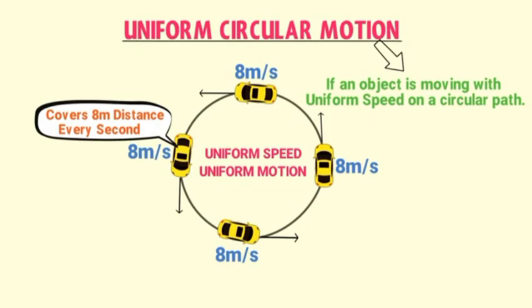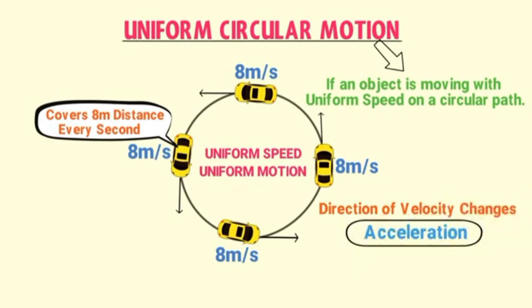We have learned in the previous slides that when the direction of velocity changes, we say that velocity changes. When velocity changes, acceleration a is produced in an object. Thus, this car is accelerating around the circular track at each and every point because the direction of this car is constantly changing. Now, if I ask you in which direction this car is accelerating, to learn and understand this question, you must understand circular motion.